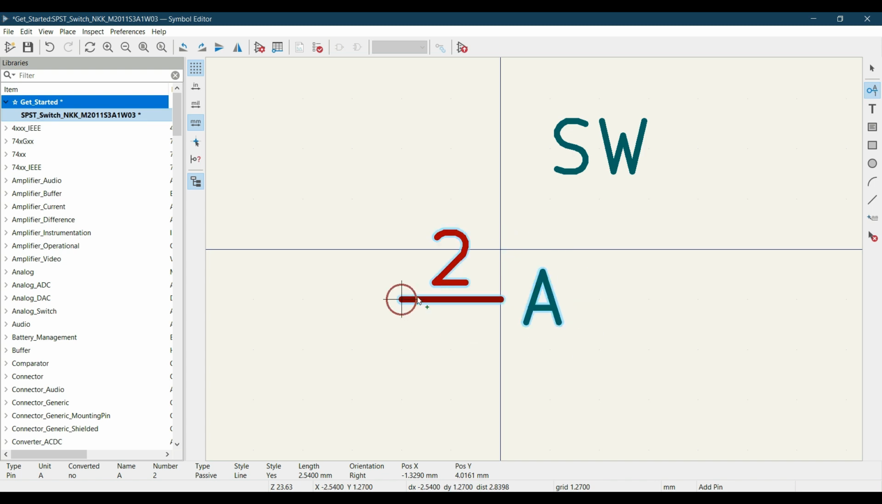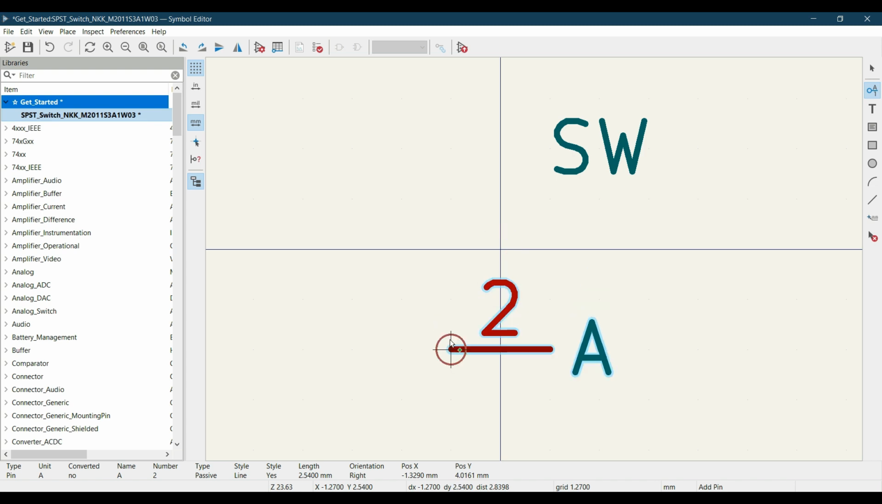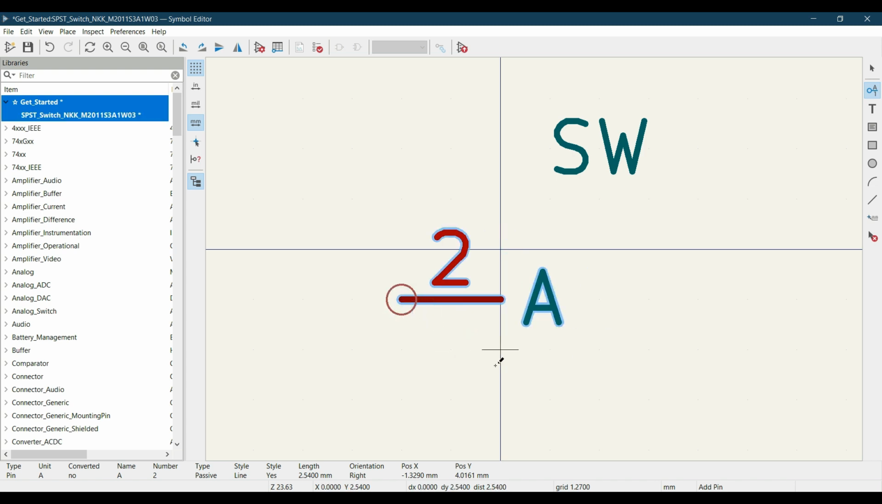And now you have this pin in your hand. You can place it anywhere on your symbol editor sheet. So let's just click over here. Now you have placed one pin over here, and let's leave this tool. Now if you want to do something with this pin to change any characteristics or properties,